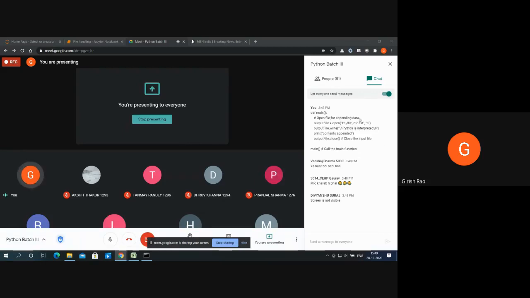Run it as many times as you want. First time it should create a file. Next time it won't create a file. It will keep on appending the contents.